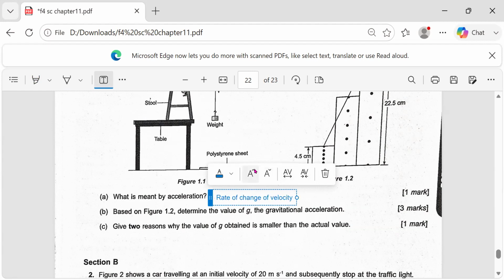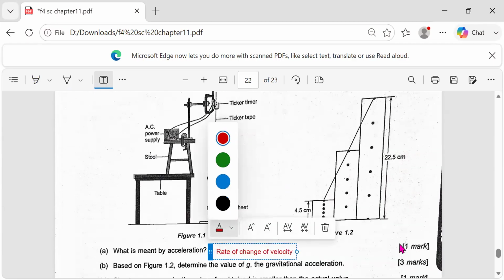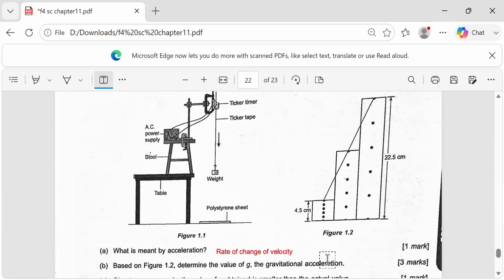Okay. Based on figure 1.2, determine the value of g, the gravitational acceleration. Okay, so you have to count. You cannot just say 10, teacher, because the answer is 10. No, you have to count. Okay, so